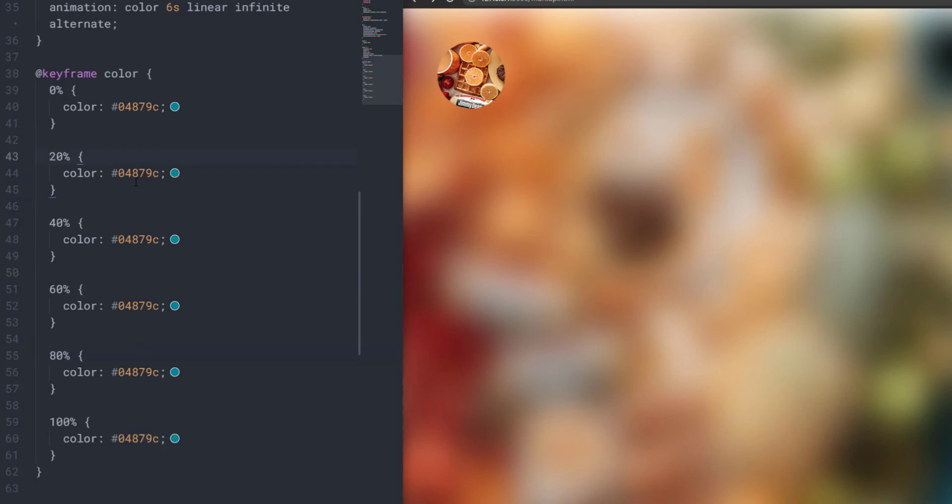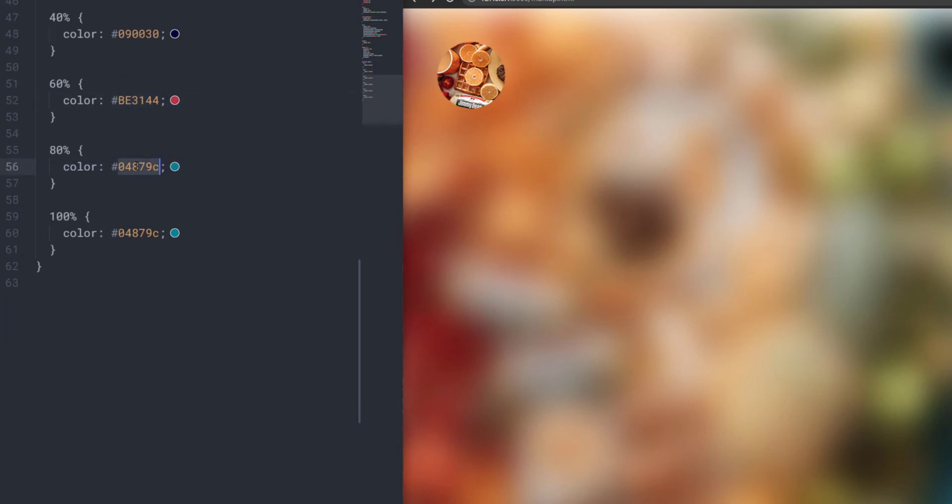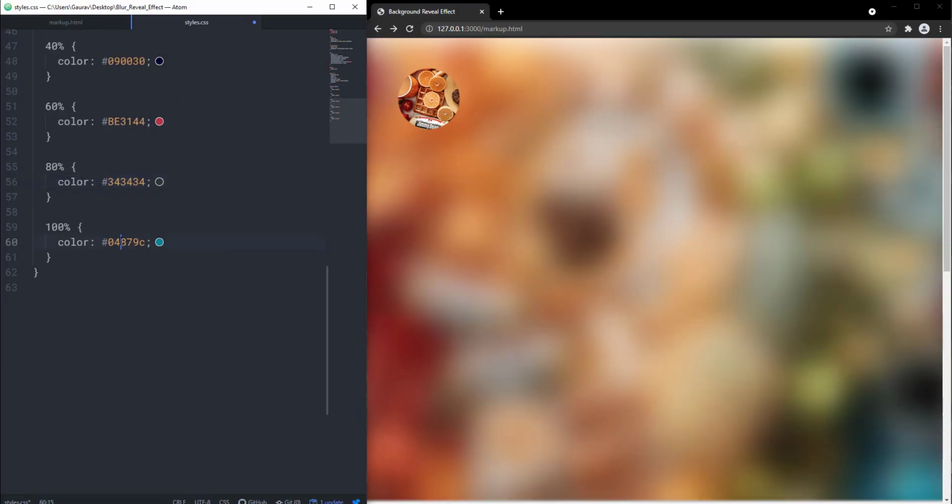Okay, and let me change their hexadecimal color value. So at 20%, let's change the value to 0B3378. For the 40%, let's say 0900P0. For the 60%, let's say BE3144. At the 80%, let's say 343434. And for the 100%, let's say 5454C5. Okay, let's save that